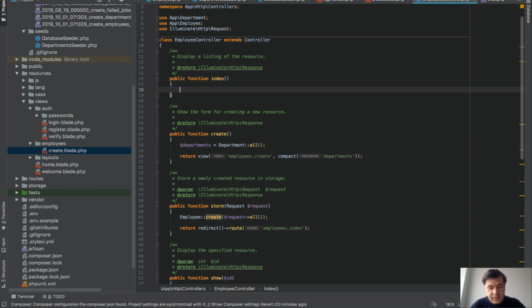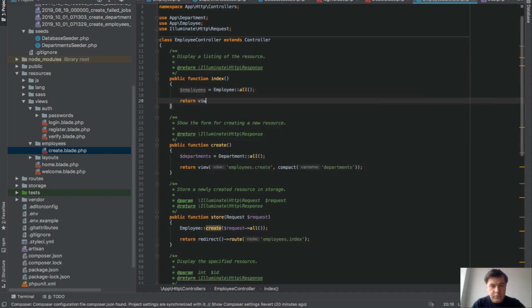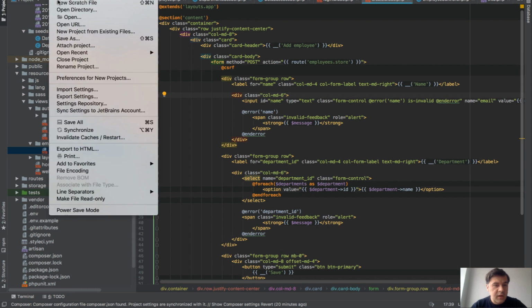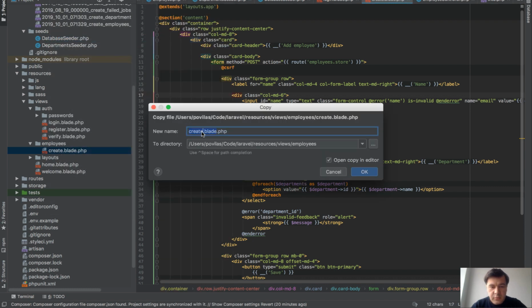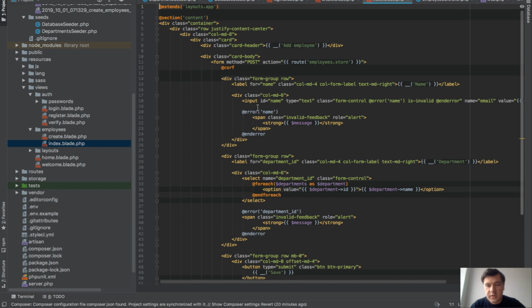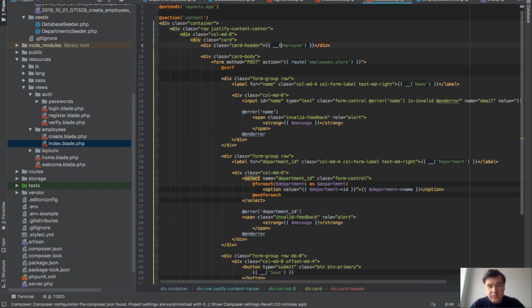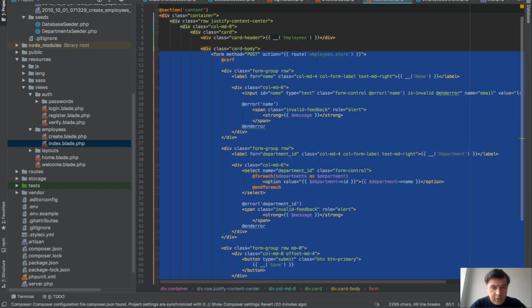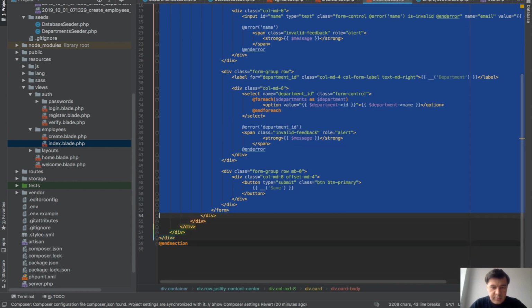Actually, let's build it. Employees equals Employee::all, and return new employees index with all the employees as variable employees, and we just rename create blade to index blade with the same folder, index blade, and do employees. It's not a form,